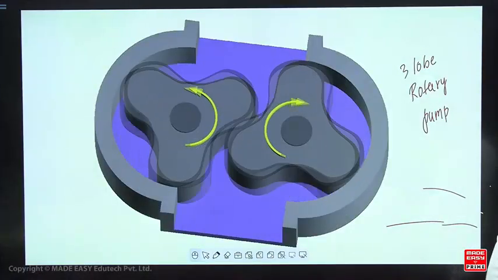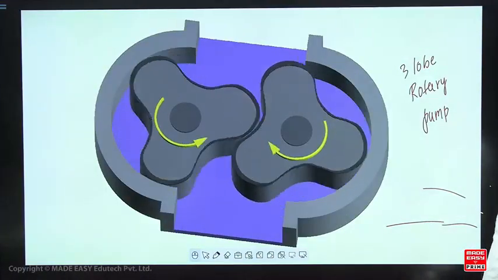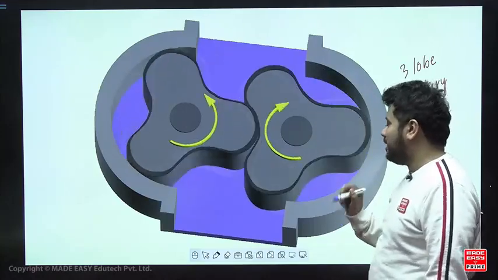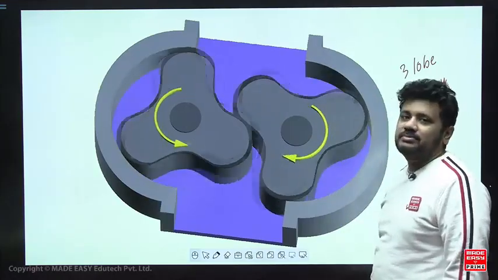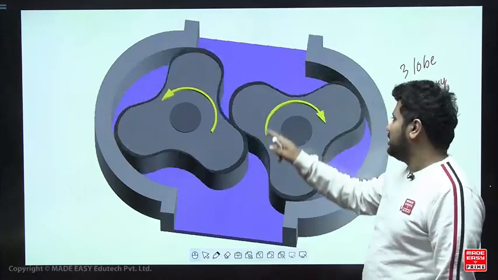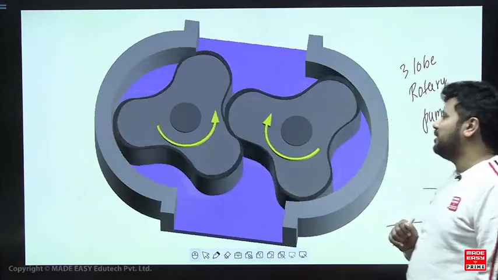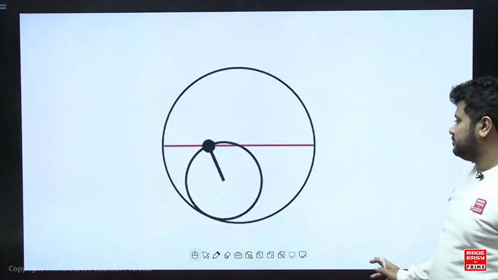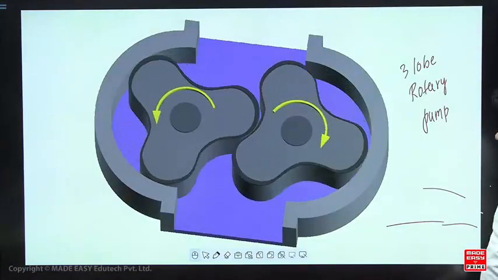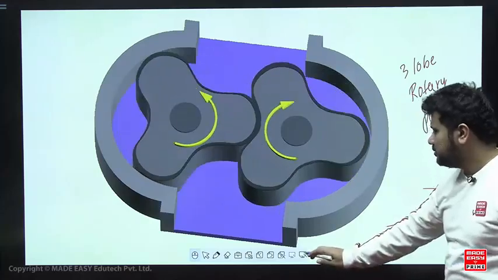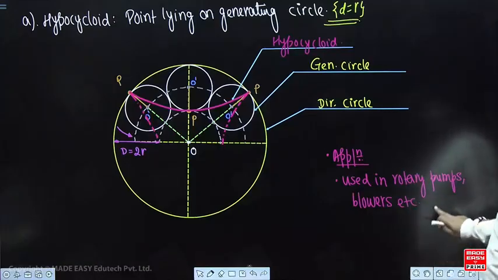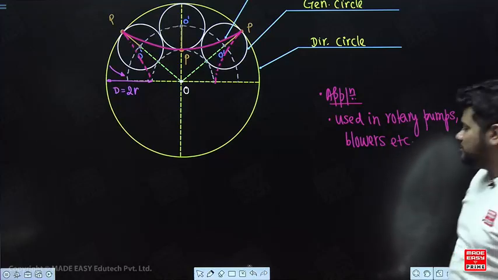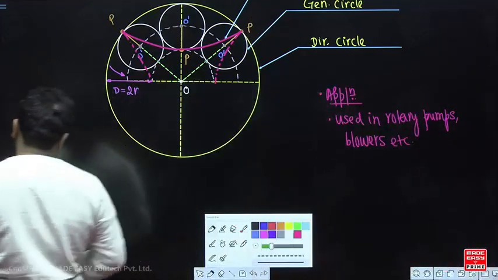So it is in motion. You can see that there is a perfect meshing. The crest part is your epicycloid, and the trough part is basically your hypocycloid, right? The crest part is your epicycloid and the trough part is your hypocycloid, isn't it? Okay. Now clear? So that is how I have explained hypocycloid to you. So it is used in rotary pumps. Now you understand how they are used in rotary pumps. Next, the B part,